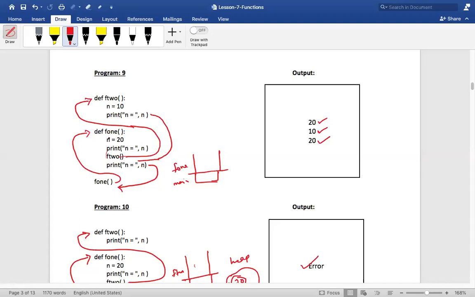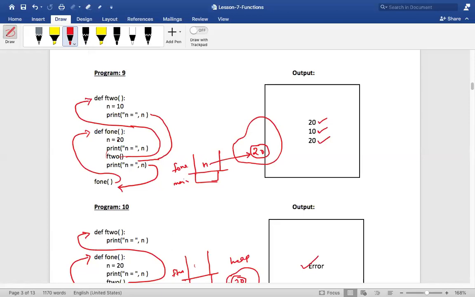So I come to this function definition over here. What have I done? n is equal to 20, correct? So there would be a heap. I'll write a bigger heap. This is my heap. I have 20. This is an object. So this is referenced by whom? n, isn't it? This is n, correct? n is here.